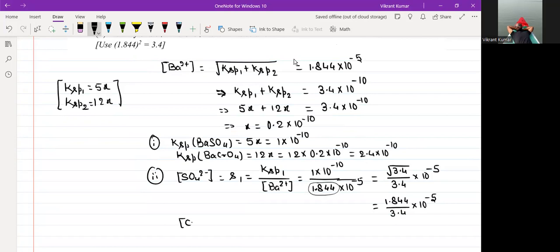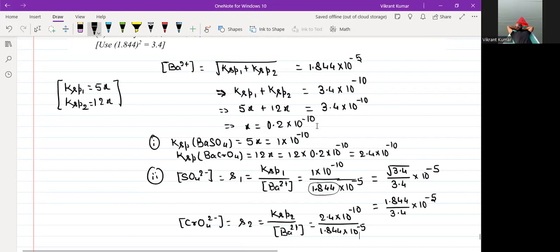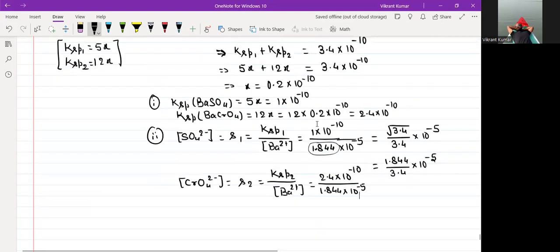दूसरा आयन जो है that is CrO4 2 minus, that was S2, so it will become Ksp2 upon Ba2 plus, and that's why it will become 2.4 into 10 raised to minus 10 upon 1.844 into 10 raised to minus 5, and that's why देखो ना, अप्रोक्सीमेशन अगर करोगे तो 2.4 by 1.8 ले लोगे तो 4/3 आ जाएगा ना, तो 1.33 से जरा सा कम हो जाएगा, अप्रोक्सीमेटली 1.3 कर सकते।